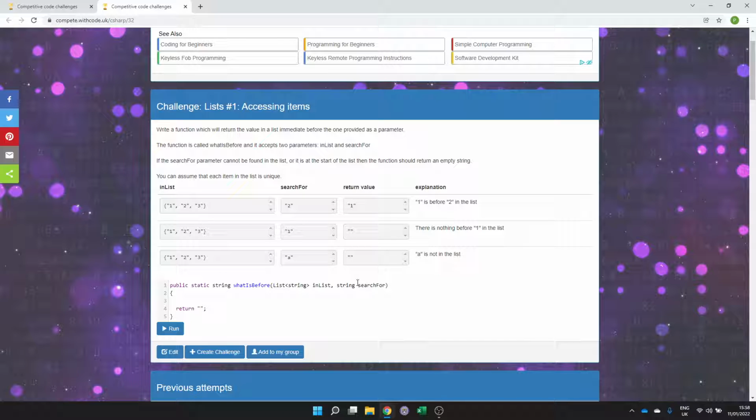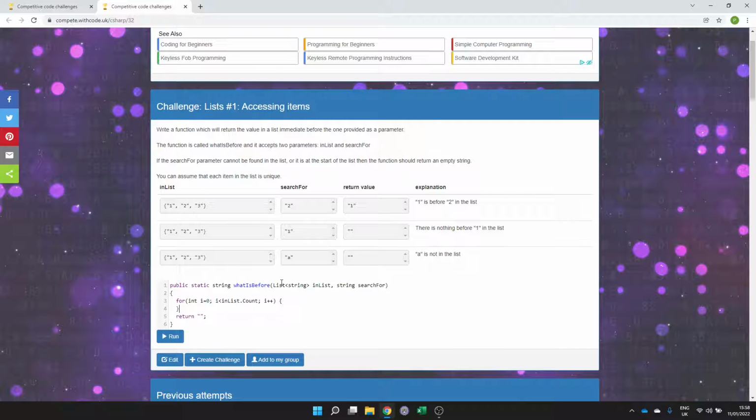Let's try and iterate through. Let's use a for loop. We'll start from 0. We'll use I to count from 0 up until the length of this list. I can't remember if it's .length or .count. We'll soon see. And then